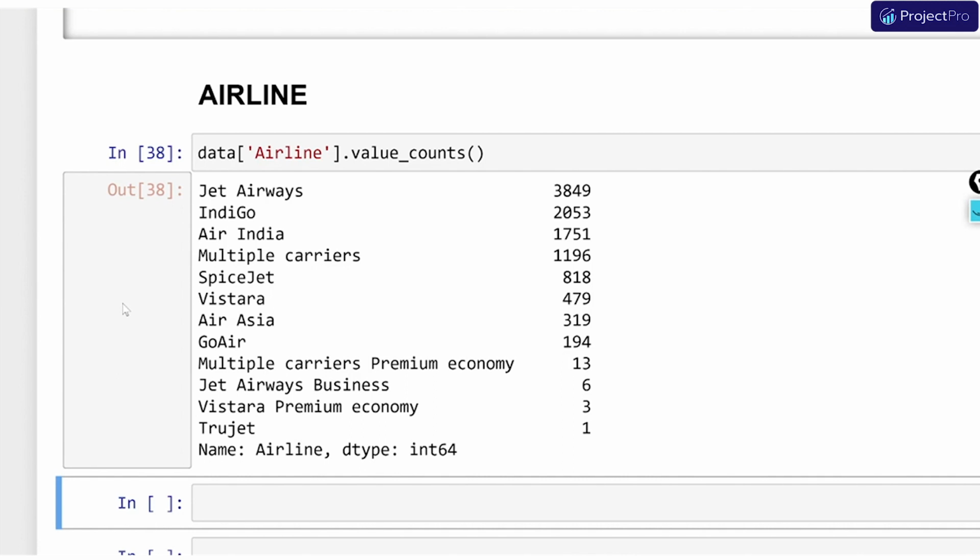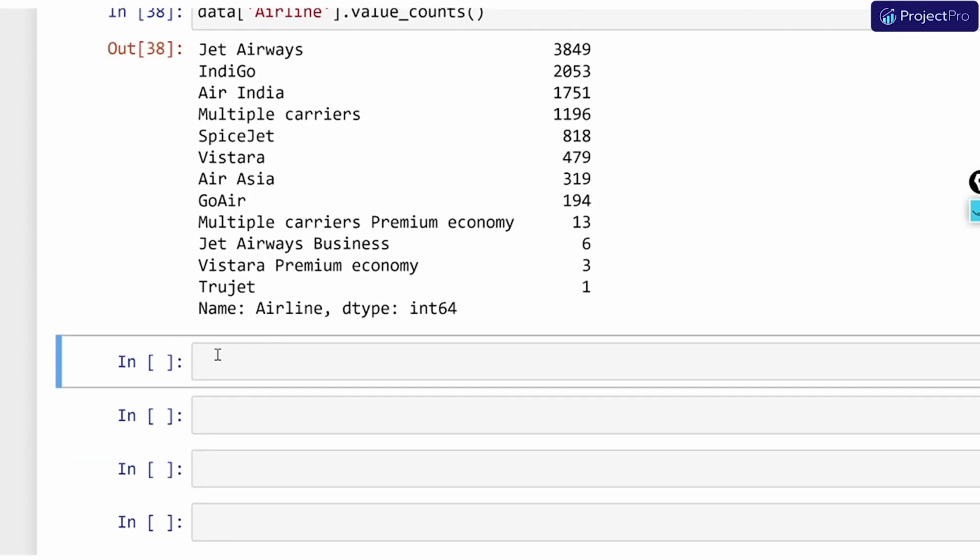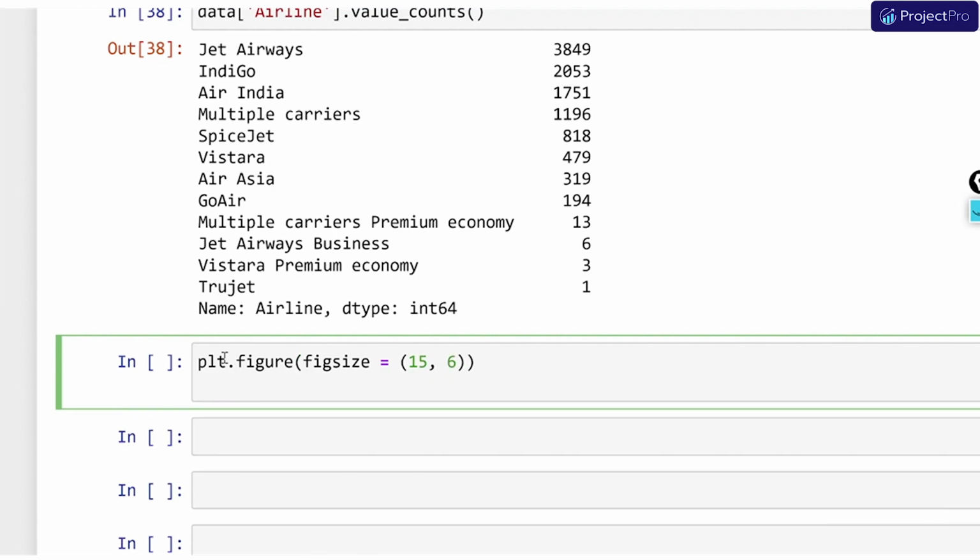Now I would want to get this insight from the visualization perspective. For that, I will write the code. First of all, I'll create a figure or the canvas, and I will say the fig size is equal to, let's say, a tuple of 15 by 6. Then I will do the exact same thing again. So for that, in this particular case, I would say ax is equal to sns dot